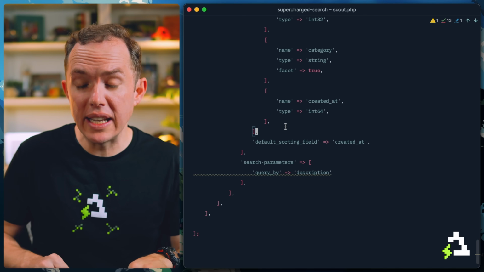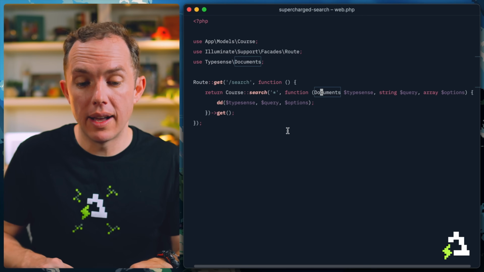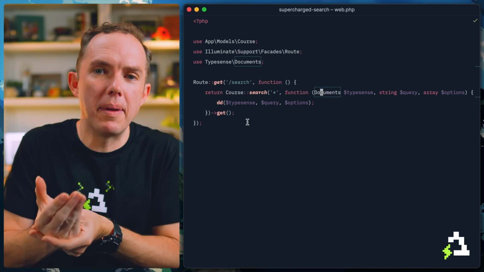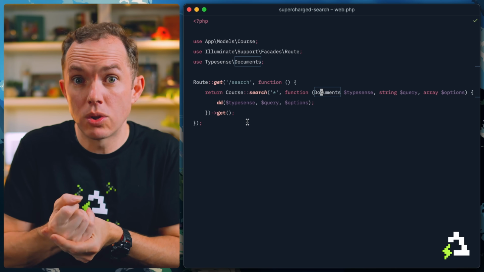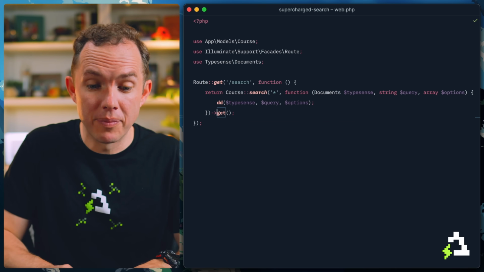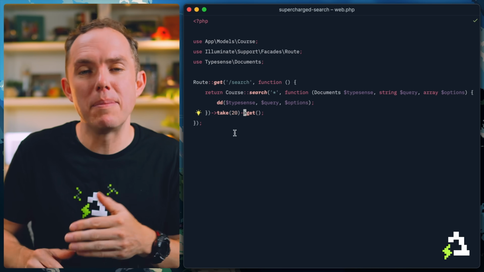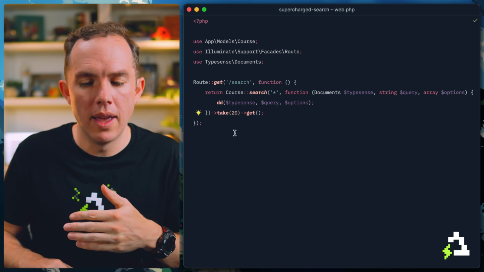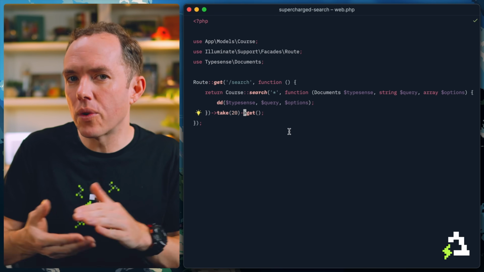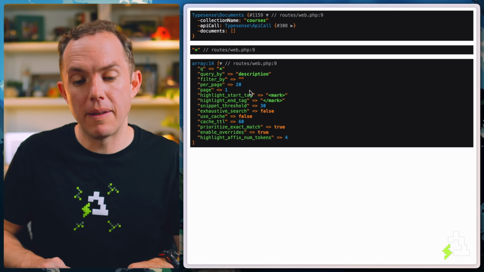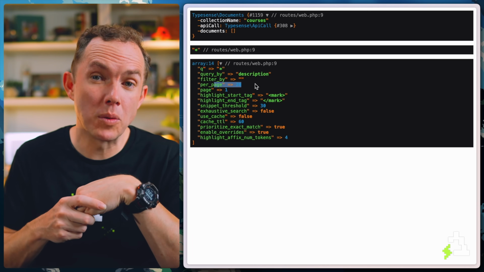Well, again, you can treat it just like an Eloquent query. So imagine you are performing a query against your database and you only want to take 20 results. Same thing. So it's a different method, it's different underlying logic, but the API is the same, which is really cool. You just interact with it the way you're already comfortable interacting with Eloquent. So now if I come back and give it a refresh, now we've updated this and we're only getting 20